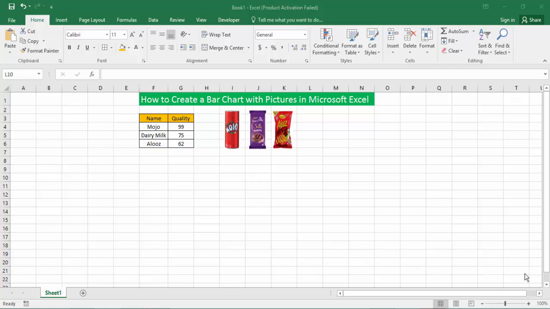At first, open your Excel document file. First, list the product name and the quality, as you can see in the picture. This is how we get the word picture. Firstly, now select the